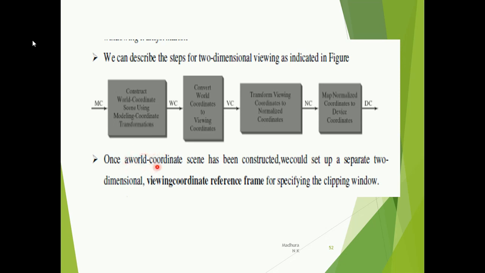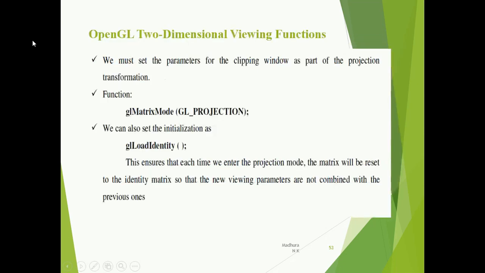Once a world coordinate scene has been constructed, we would set up a separate two-dimensional viewing coordinate reference frame for specifying the clipping window. OpenGL two-dimensional viewing functions: the basic OpenGL library has no function specifically for two-dimensional viewing, since all the functions are designed primarily for three-dimensional applications.